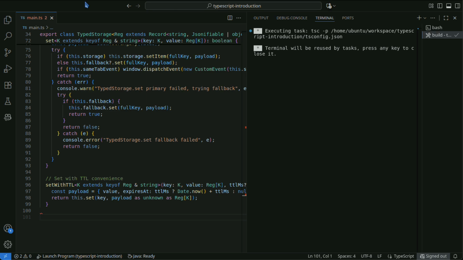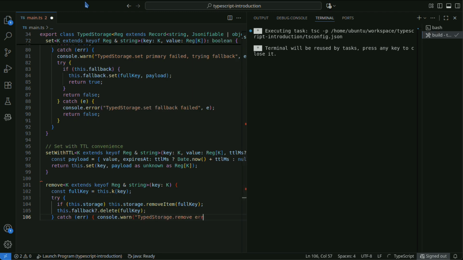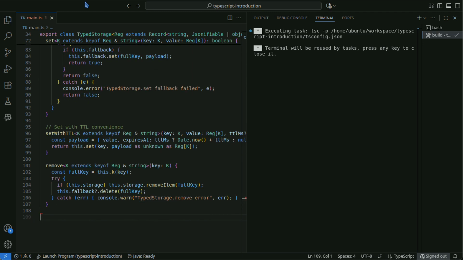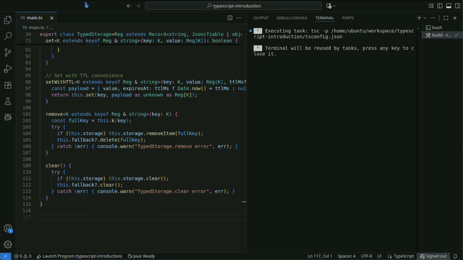The setWithTTL method saves a value with a TTL expiration. The remove method deletes the value for the specified key from both storage and the fallback. The clear method deletes all data stored in both storage and the fallback.